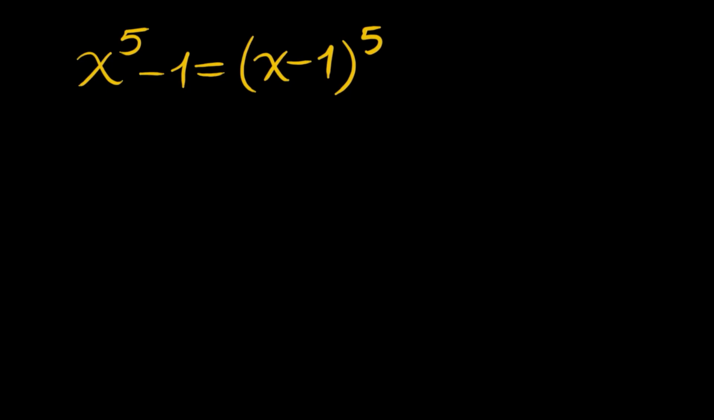We have a polynomial equation today to be solved for x. We have x to the fifth power minus 1 is equal to (x minus 1) to the fifth power. I will present two different methods. The first one is